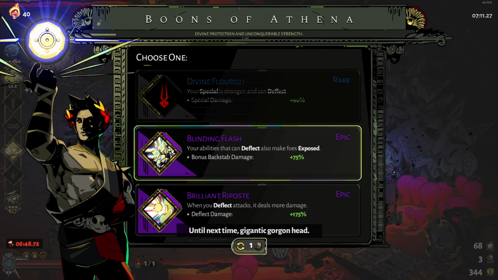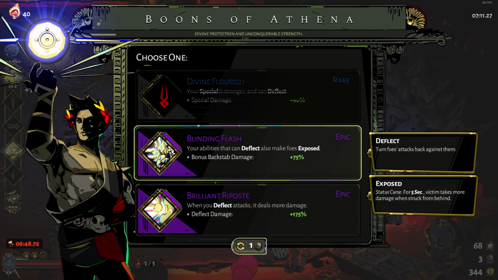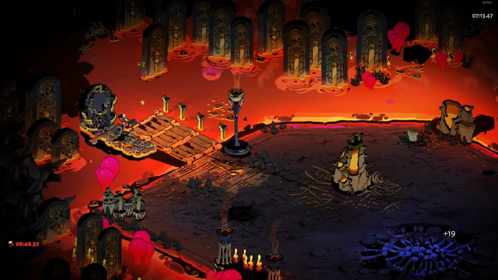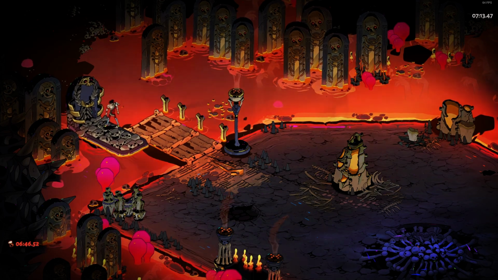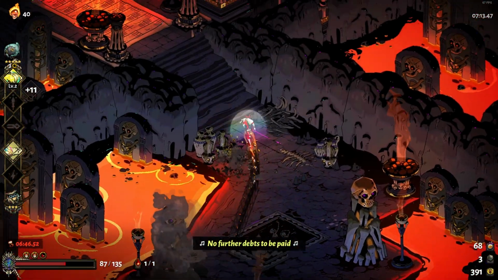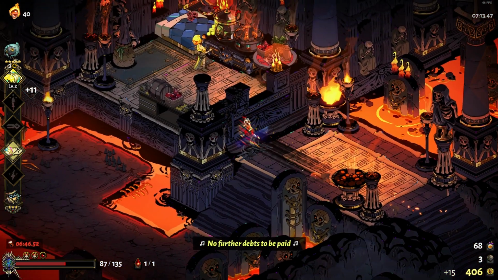Blinding Flash or Brilliant Riposte? I think we just take Blinding Flash. It'll help us set up for Privileged status, which will be a good damage up for us. And Eurydice here. So Refreshing Nectar, we have Hyper Sprint. We could potentially see a really strong Rush Delivery if we take that. So that'll likely be the route I'm going. Alternatively, there is a reason to...